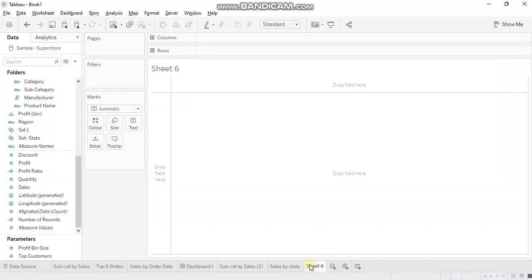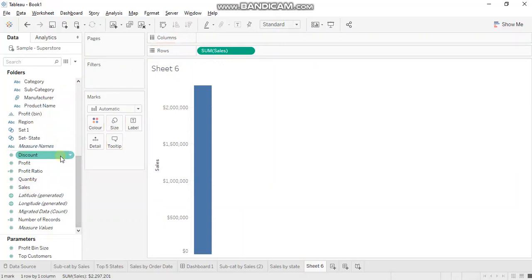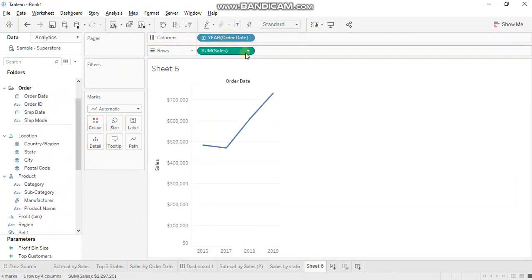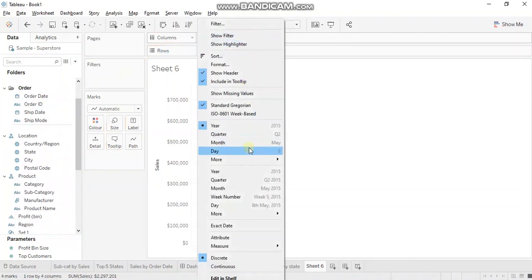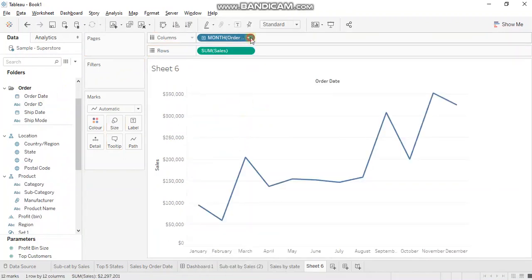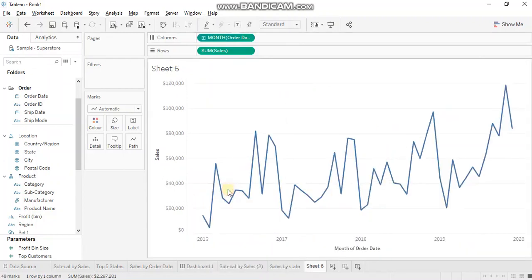two target sheets as tooltip in the source sheet or not. So I'll use sales by order date, and I'll use month, this one. Okay.